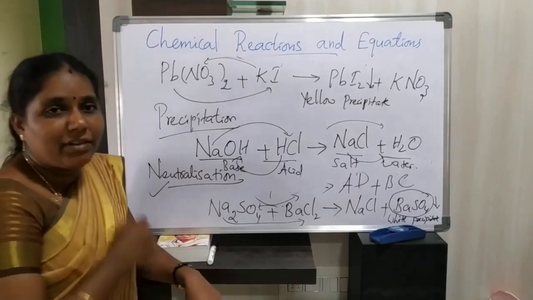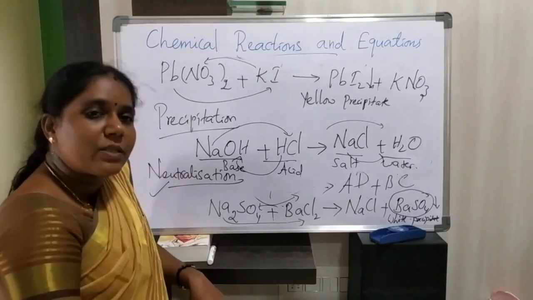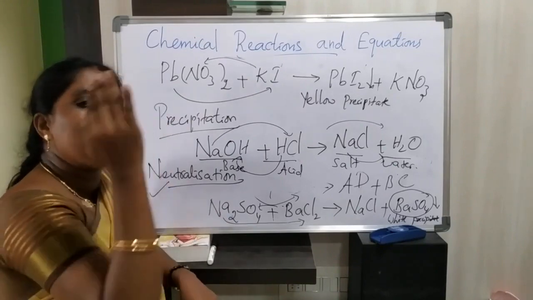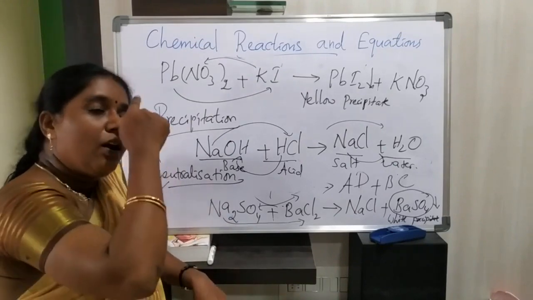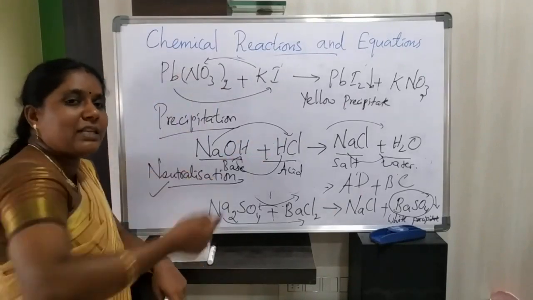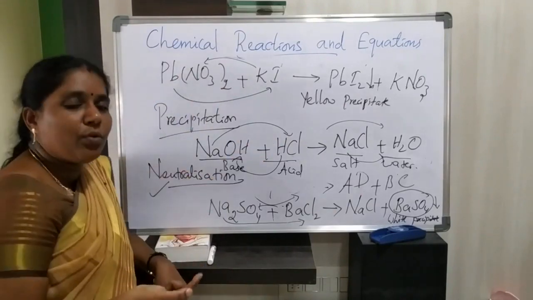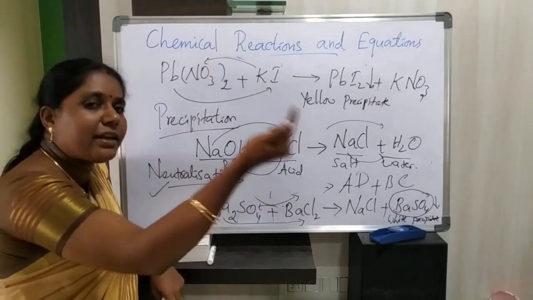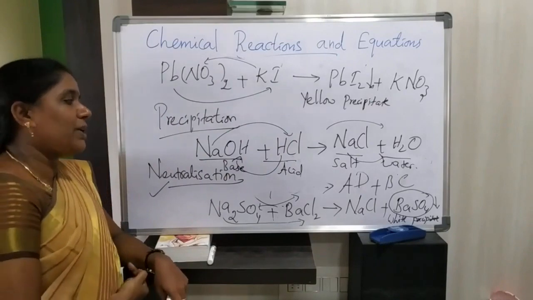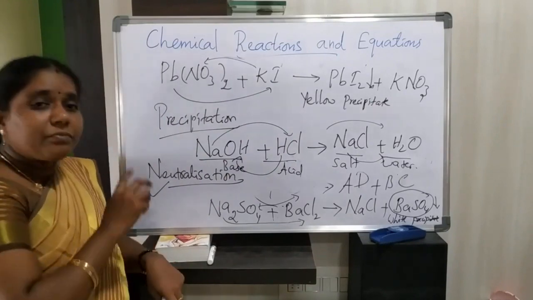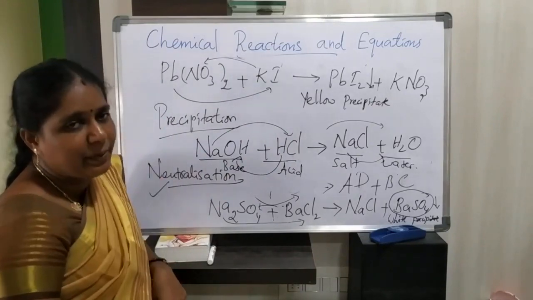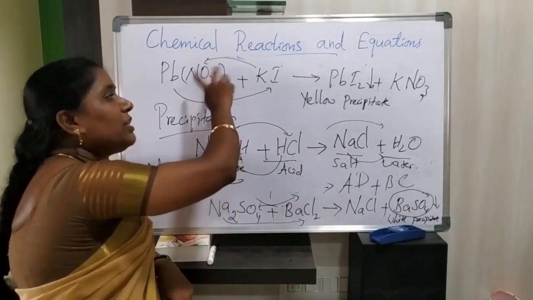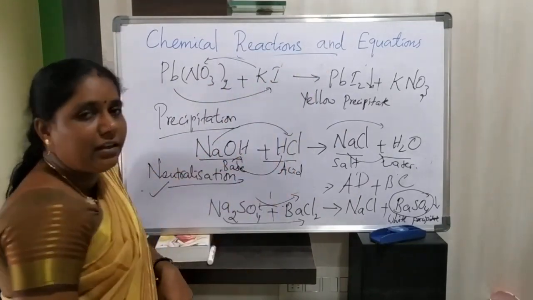So listen to what we have discussed today. We have discussed displacement and double displacement. Displacement is otherwise called single displacement reaction. Only one substance displaces the position. How will you displace one element? A more reactive element displaces a less reactive element from its salt solution. And in double displacement, two displacements take place, that is, an exchange of ions takes place between two reactants to form two different products.